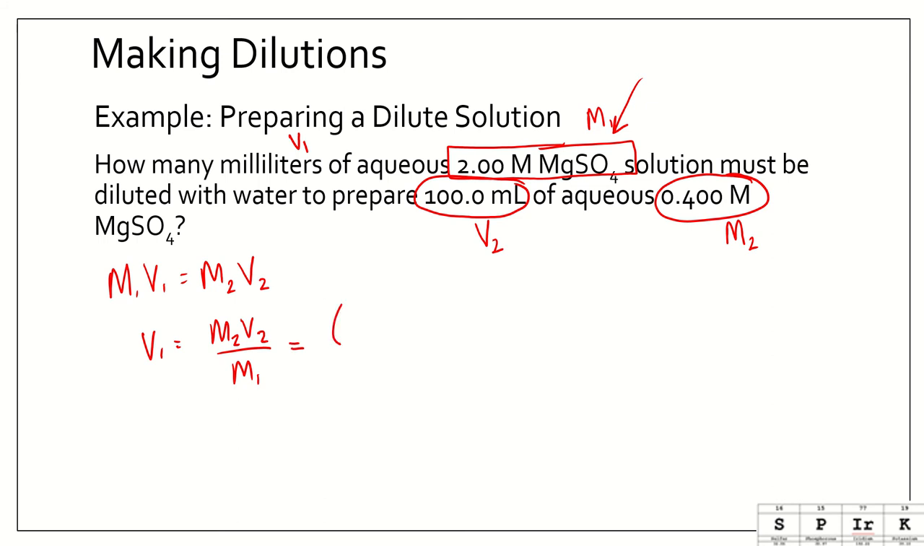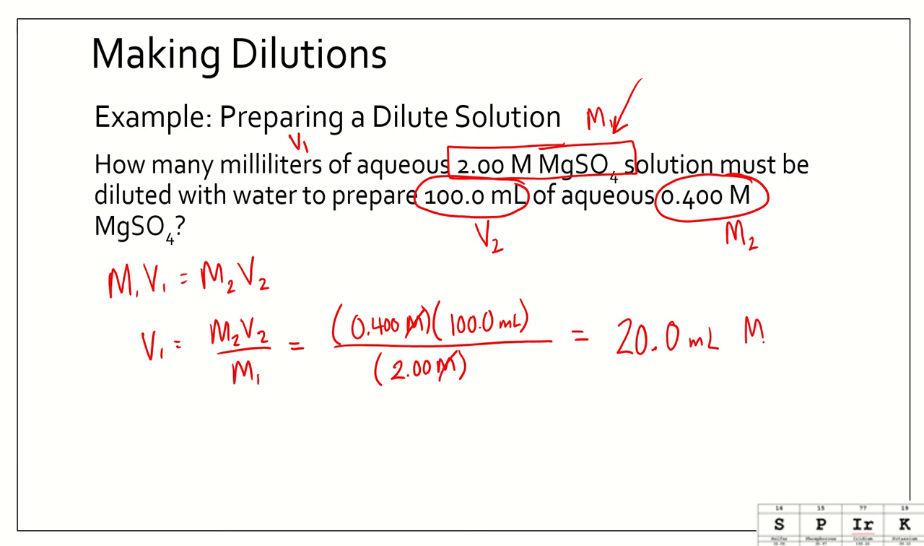So M2 is 0.400 molar. V2 is 100 milliliters. And M1 is 2.00 molar. Molar cancels with molar. We're left with a unit of milliliters. So 0.4 times 100 divided by 2 is 20